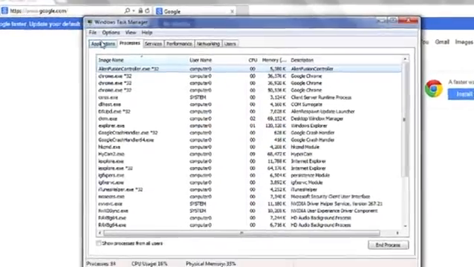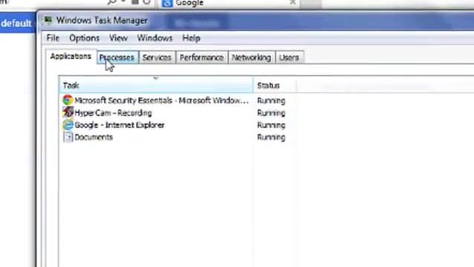Hi, my name is Luke, and this is what to do when Internet Explorer keeps closing and reopening. If you're having problems with your Internet Explorer and it keeps closing and reopening or opening at undesired points in time or when you didn't tell it to, the first thing you'll want to do is make sure that it's